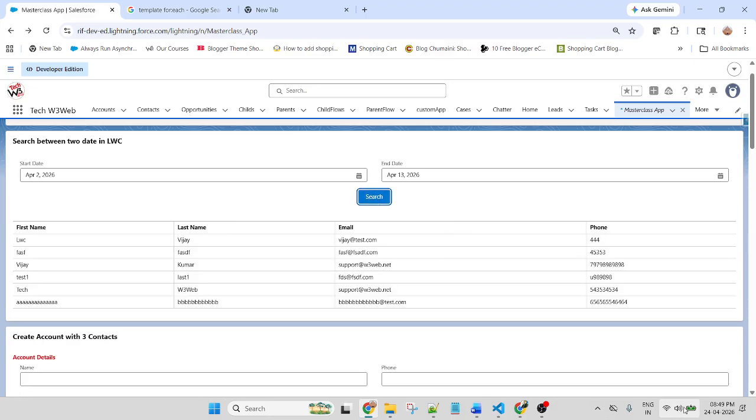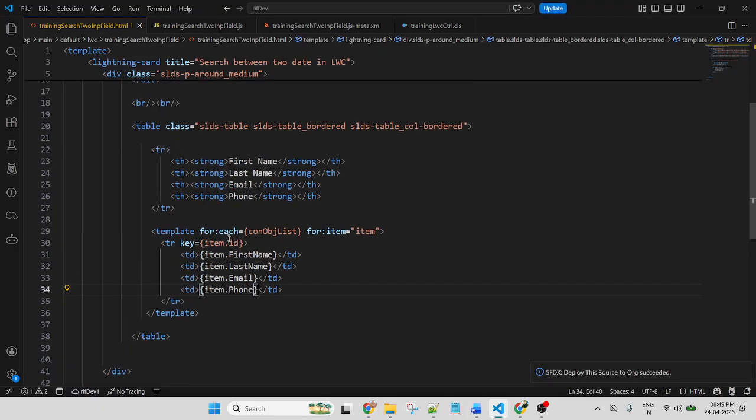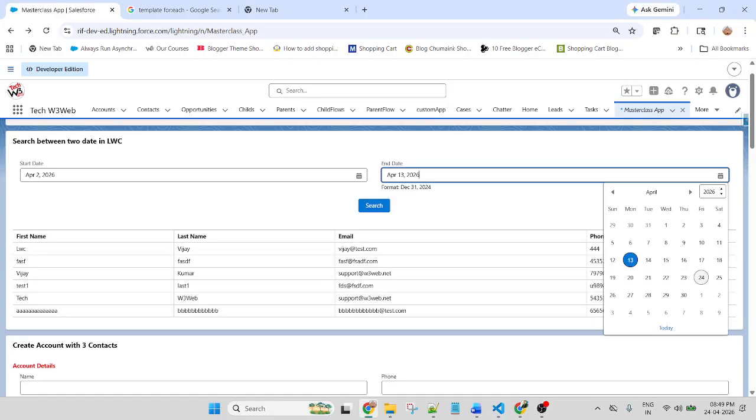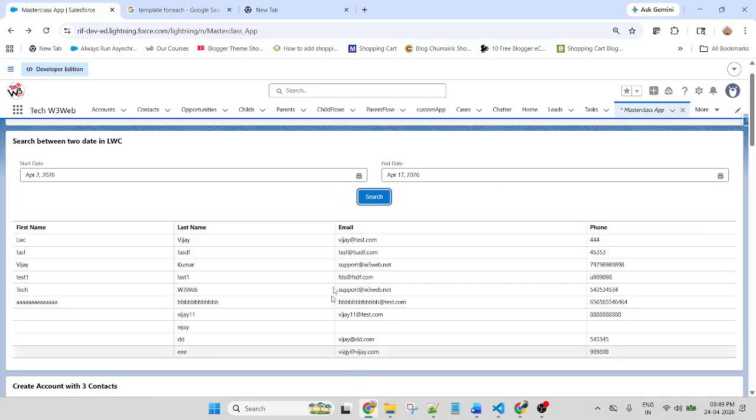Yes, you can see the data automatically displays on the page between the two dates. So this data is coming from template for each for item from here. If you change the date, suppose I change the date 13 to 17, click, it automatically increases.